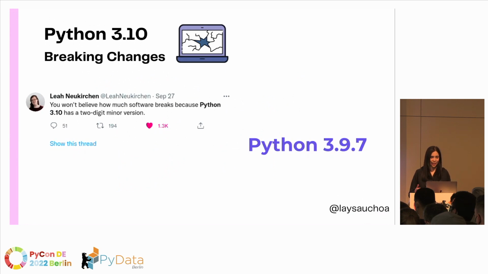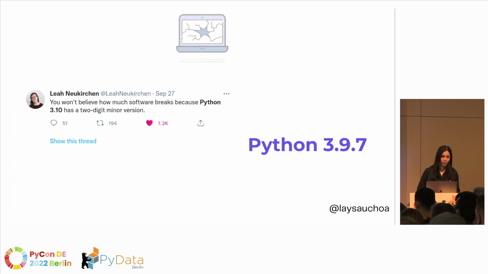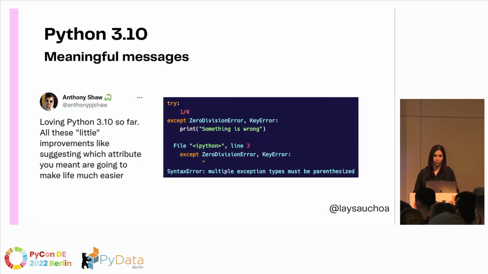One reason why people don't do that is because there are breaking changes. If you are running the latest version, Python 3.9.7, and then you jump to Python 3.10, which is actually a two-digit minor version, you have no idea how many things can break in between. I tried to update one of the packages, and I saw a lot of compatibility issues and so on. So I see that it's not always smooth. But what I want to tell you today is that it's really worth it.